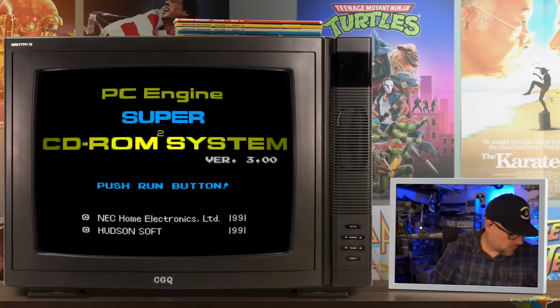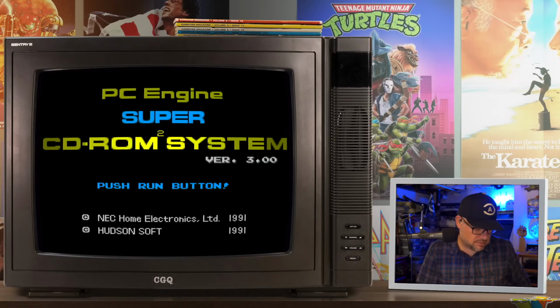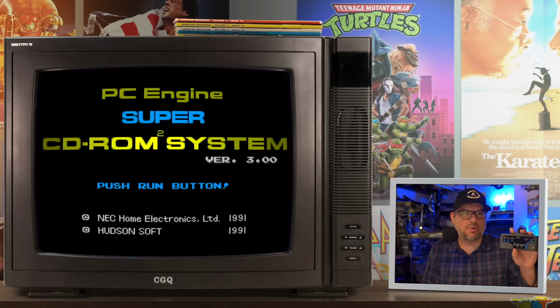So I have to change the view on my monitor here and start. I got a lot of stuff here I got to do. Start the recording and turn on the Duo R. I've already got the CD in the system because I was, of course, playing with the Avenue Pad 3